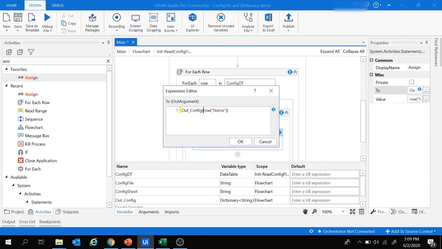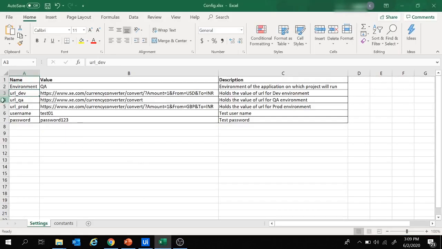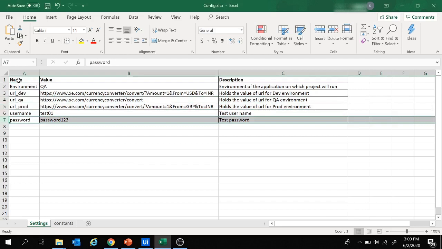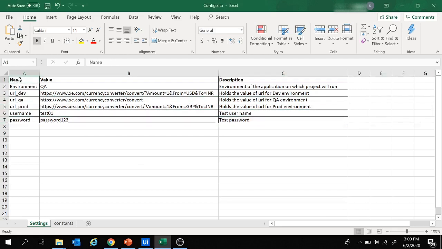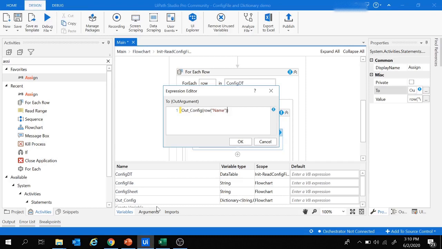So this row and under the brackets name is going to provide the key items by taking all these items for all the active rows, since I have provided the column name as name. For all the active rows, it's going to pick up these items, which will be the key of this outconfig dictionary.